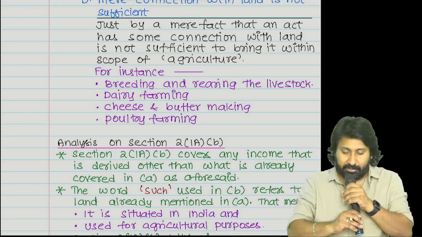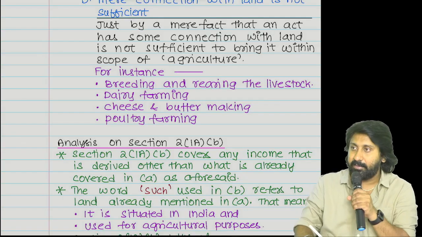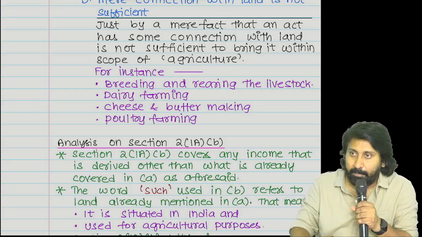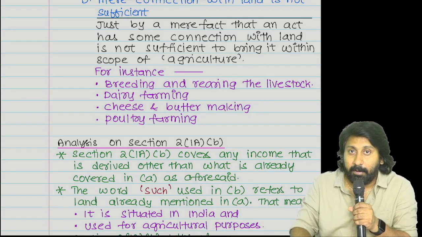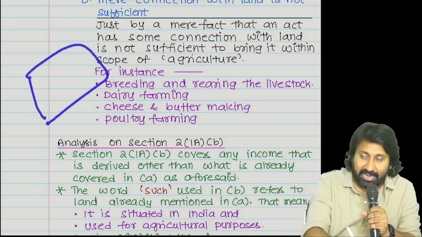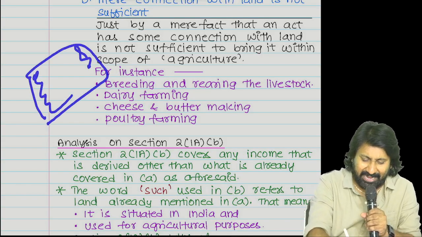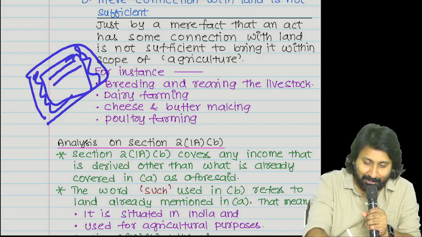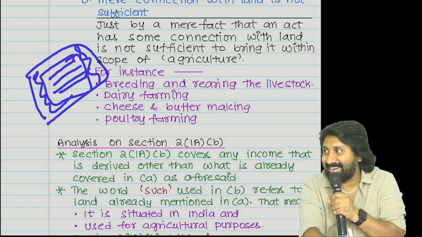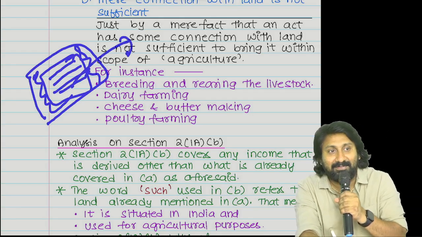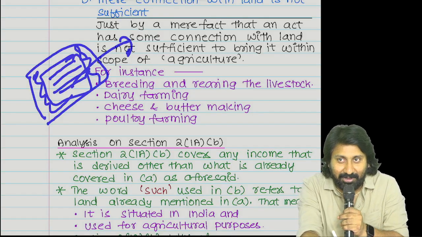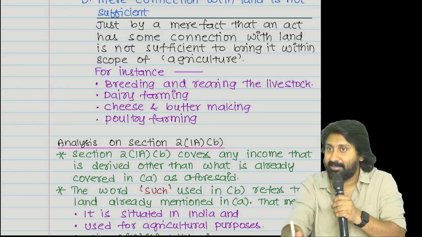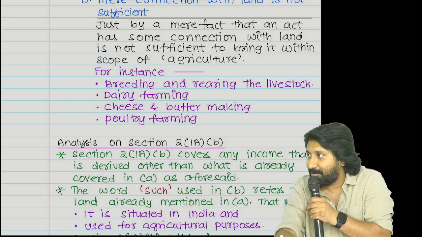Yeah? So next one. Just now I told you, from that only I said cheese and butter making. Next, poultry farming. See, there is one land. Just plantations are there. Hens are there. They are selling them. Are you understanding the point? And now tell me, is this an agriculture income? Because it is in the agricultural land. No. Understood the point or not?